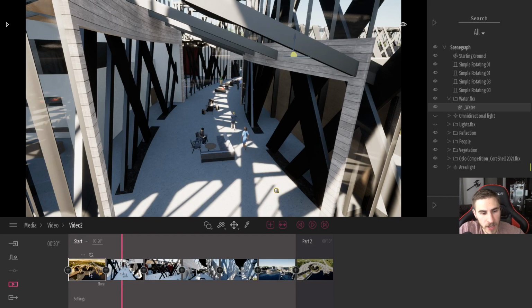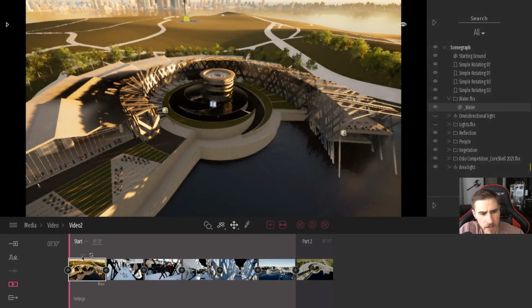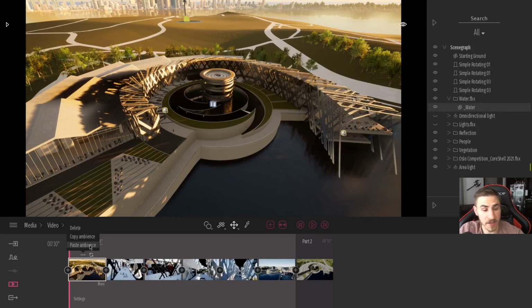And so I can come over to this clip and click on it, and then I've got my keyframe menu with my settings, and, of course, I can delete it. I don't want to do that, but I've got my copy ambiance and then paste ambiance. So I'm going to copy the ambiance because it's going to take all the effects from that particular clip, and if I paste it somewhere else, it's going to paste those exact same settings. So I'm going to get the same look, have the same consistency, so I can go to the trouble only once. I don't have to do this in every clip.